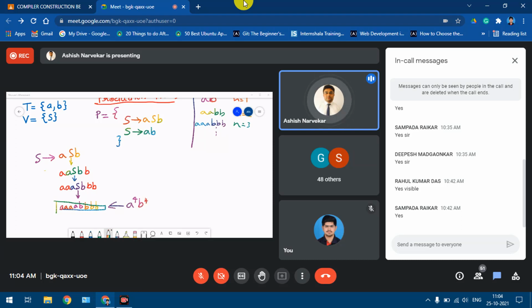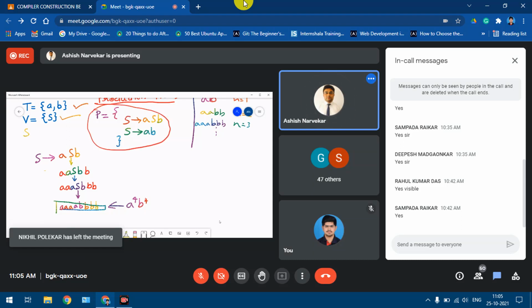Okay, I believe this should be clear to you all. Fine. So now if I want to write the grammar, what my grammar has is all this. This is the set of terminals, this is the set of non-terminals. Only one non-terminal is there. There's a start symbol, and the set of production rules is this.